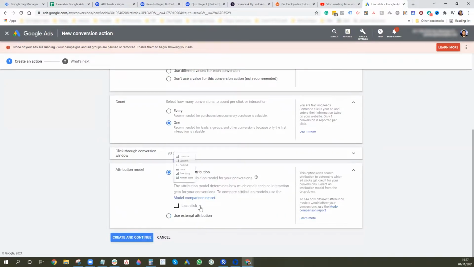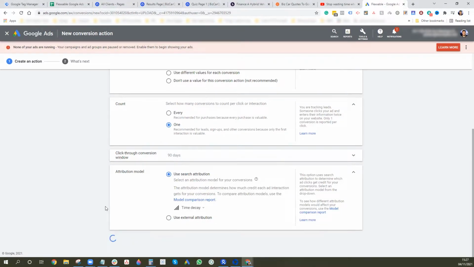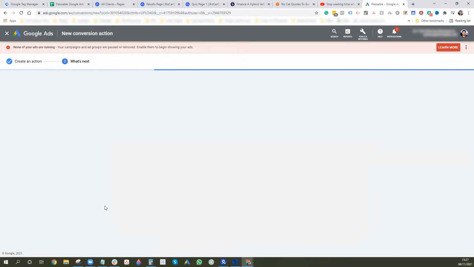And we normally use time decay on this. And I'd leave the click-through conversion window as 90 days. And just press create and continue. So that's the conversion setup in Google. So that's all good. So what we can do first now, before we do anything else, is just make a